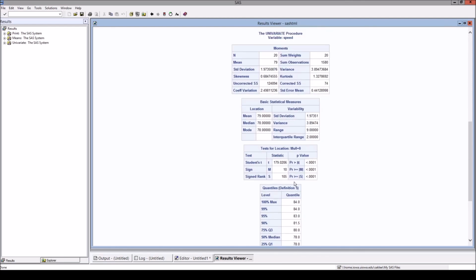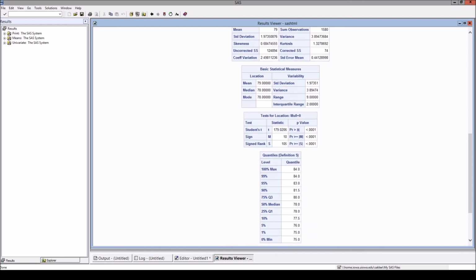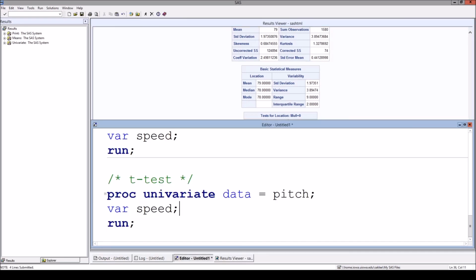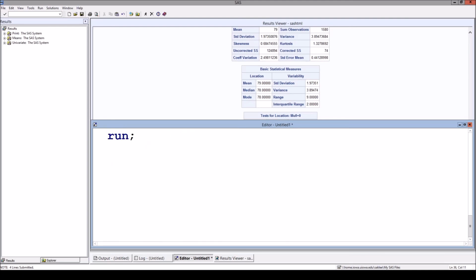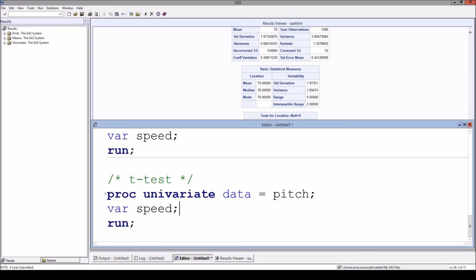And among the tables that the univariate procedure provides us is this table: tests for location, mu0 is 0. This is the table related to the t-test.